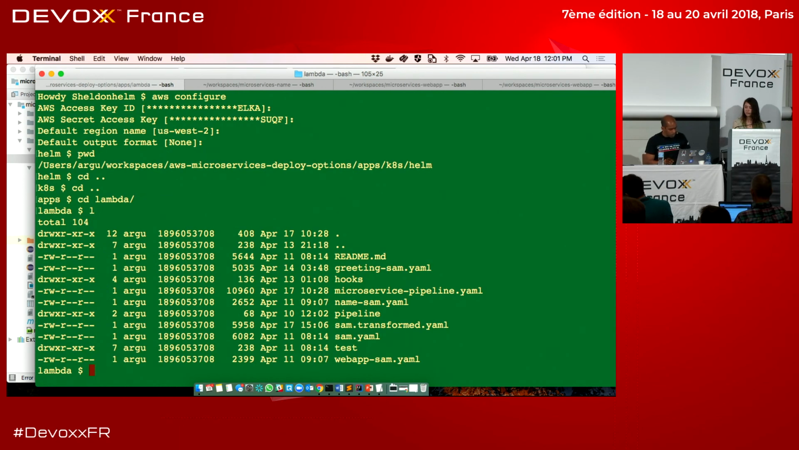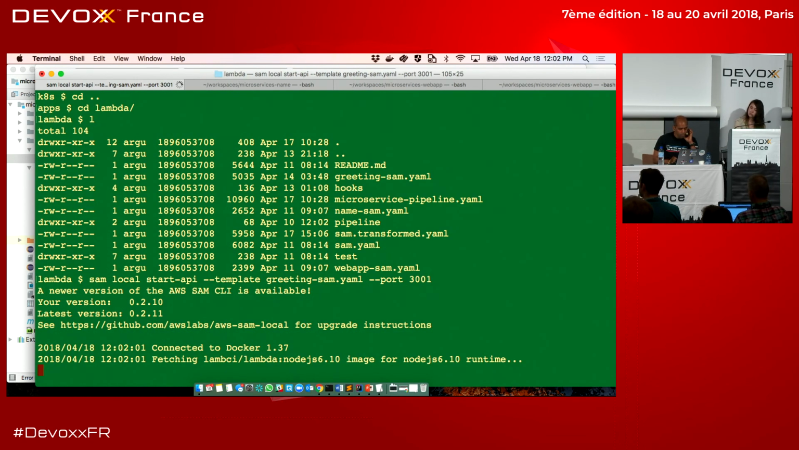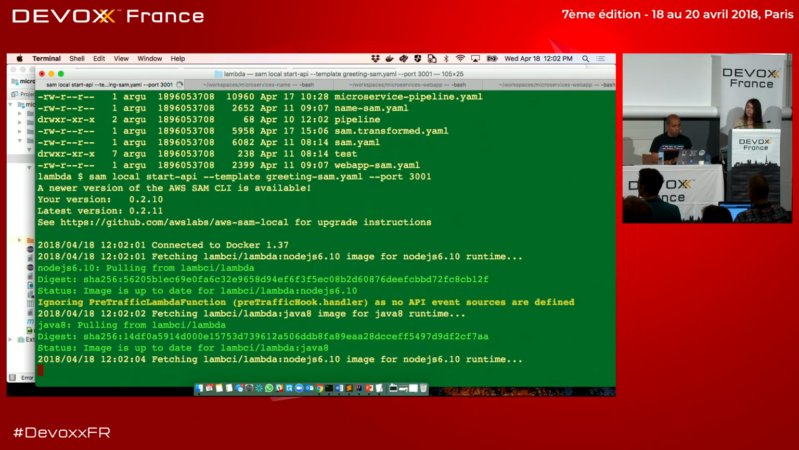Okay, so all I'm going to do is fire up SAM local start API. It's going to start up my API server, and it's going to use the greeting sam.yaml, which is basically a file extracted only for greeting, and it's going to start up my API here. Okay, now once this is running,